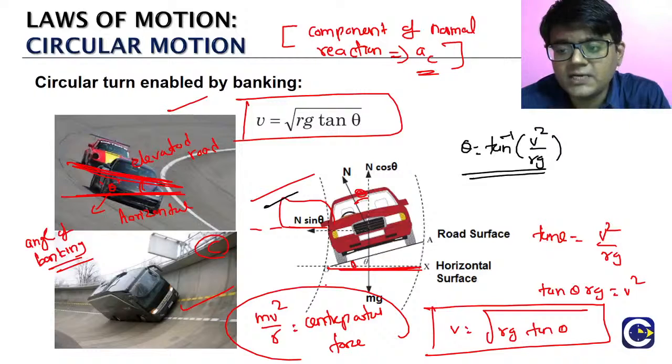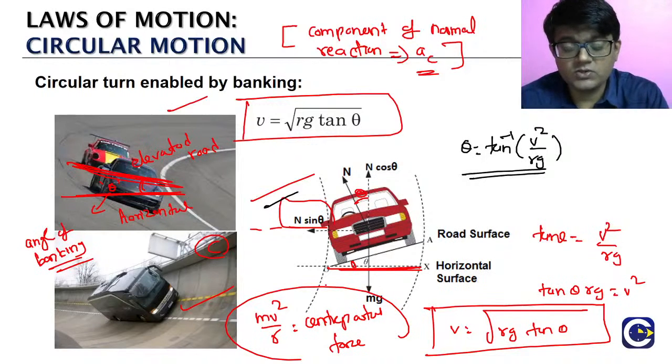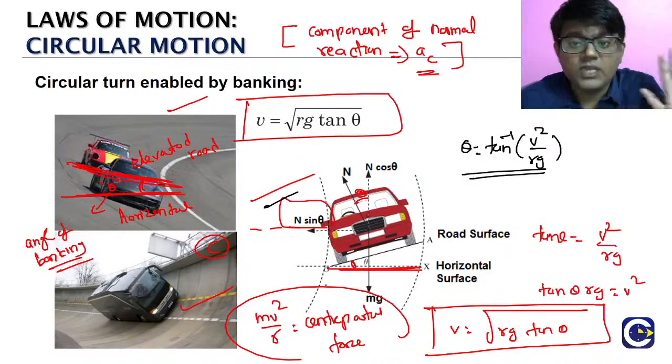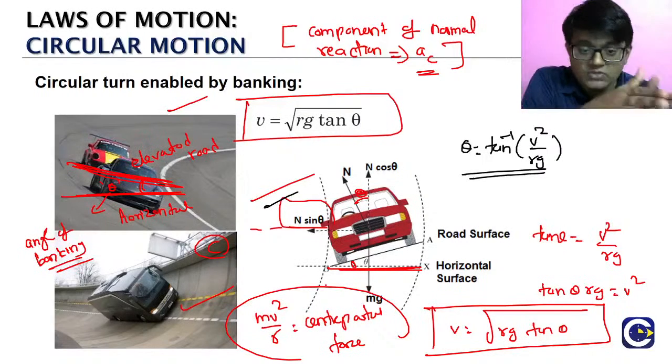So this is about the banking which will support the circular turn. Okay, so all the formulas we have to make a note of it. But normally you will have the road which is banked,